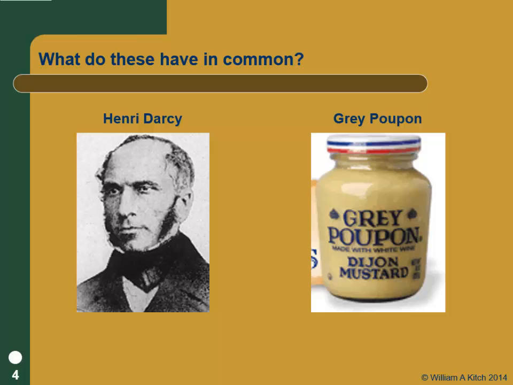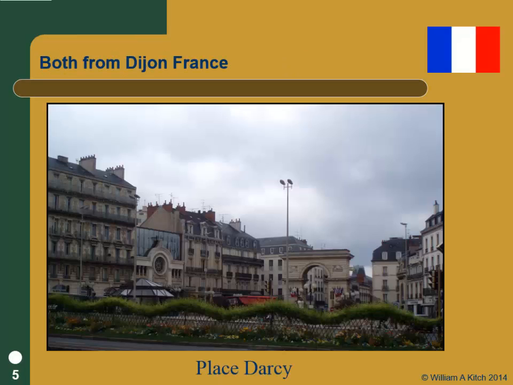So what do we know about Henri Darcy and Grey Poupon? They're both from Dijon in France. So this is back in the day when you were really just an outstanding civil engineer, you could actually get the town plaza named after you. This is Place Darcy in Dijon, France, and